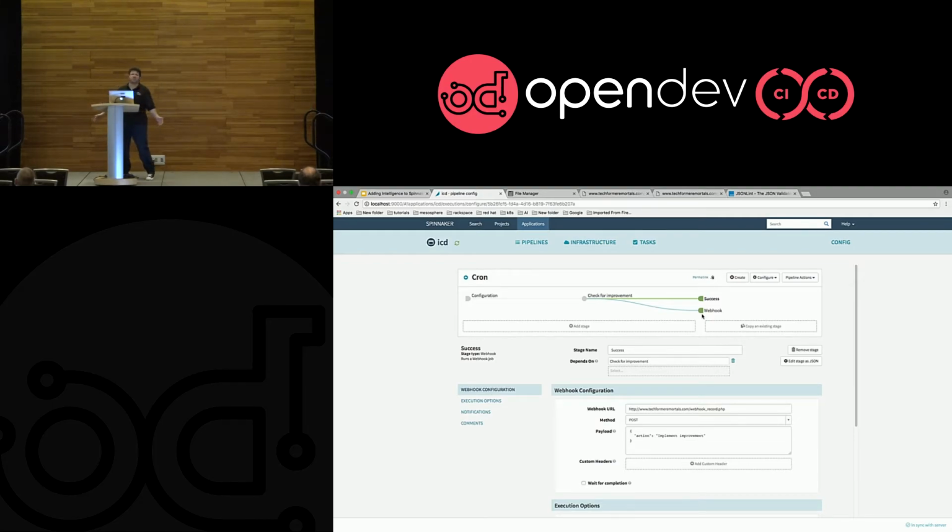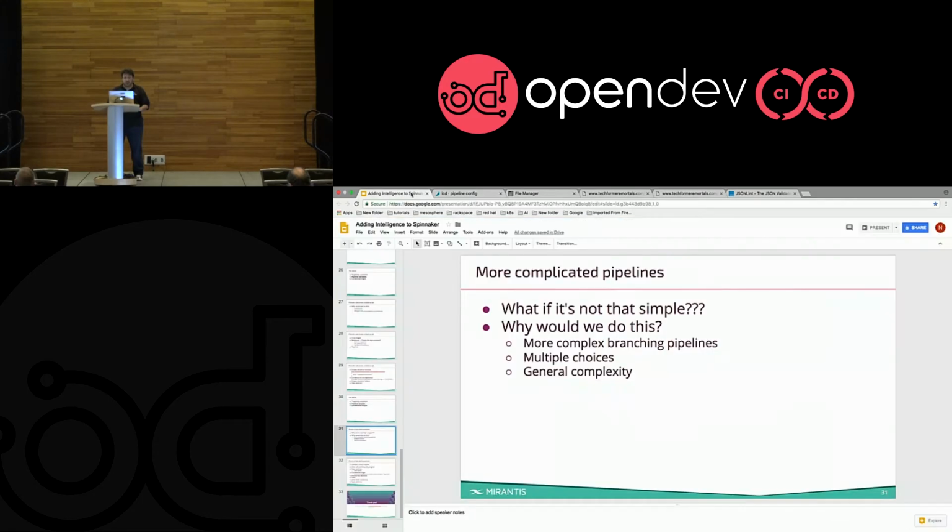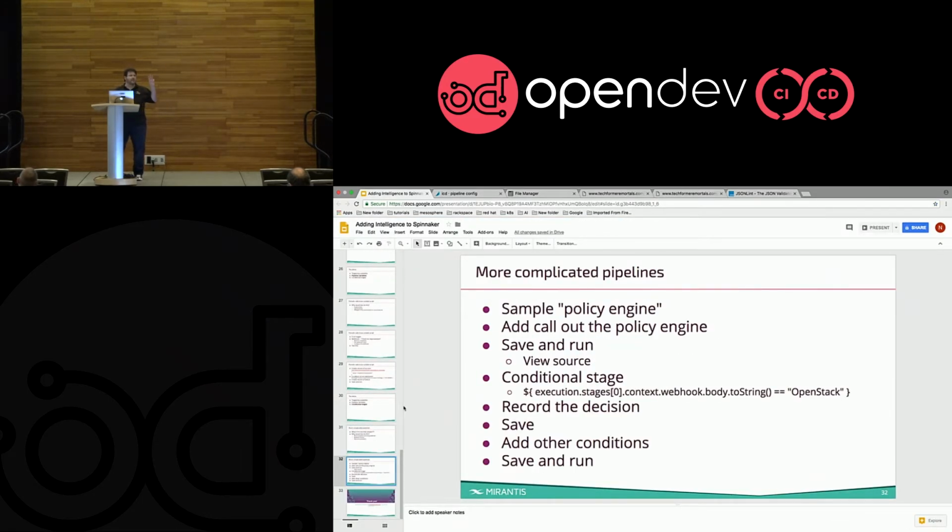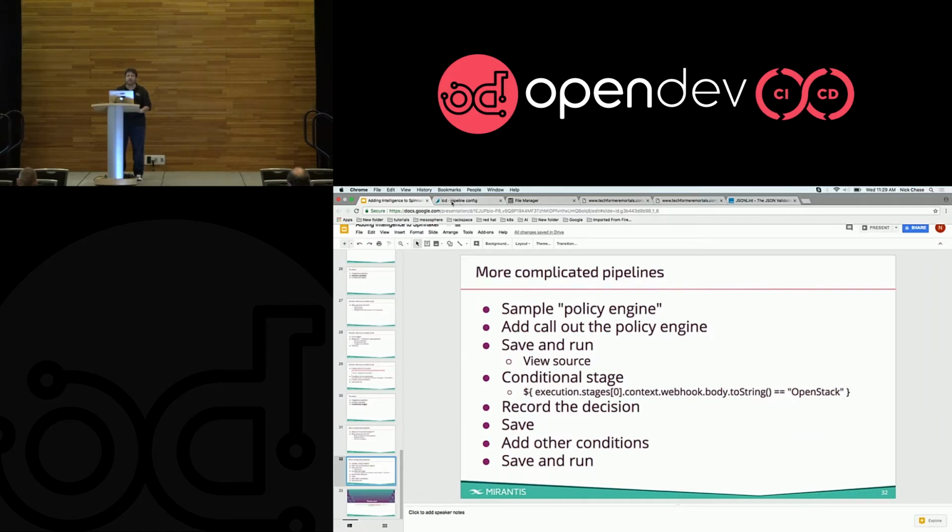Well, what if we got like 3 or 4 choices? What if we want a policy agent or some other script that's going to tell us what environment we should use, or what artifact we should use, or what action we should take? Maybe there's 12 different options. We're going to show an example of a pipeline that has 3 different options. So we've got a sample policy agent, which I will show you in a minute